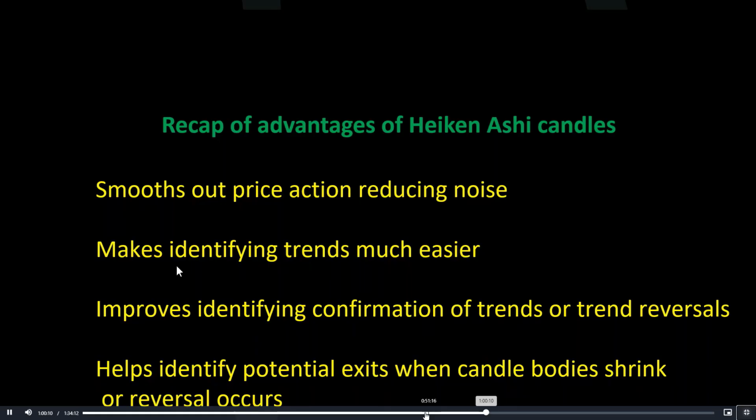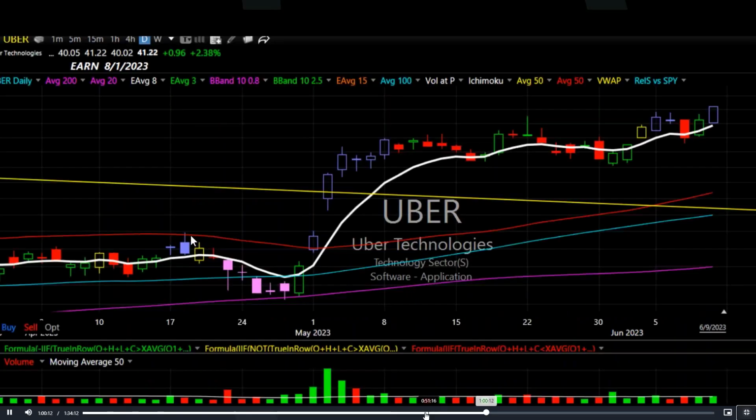Okay. I'm going to show some charts. This is TC2000. This is a charting program I use for charting. I do this for some technical analysis. I like it better than Thinkorswim for my charting, but I don't have any indicators on here like I do with